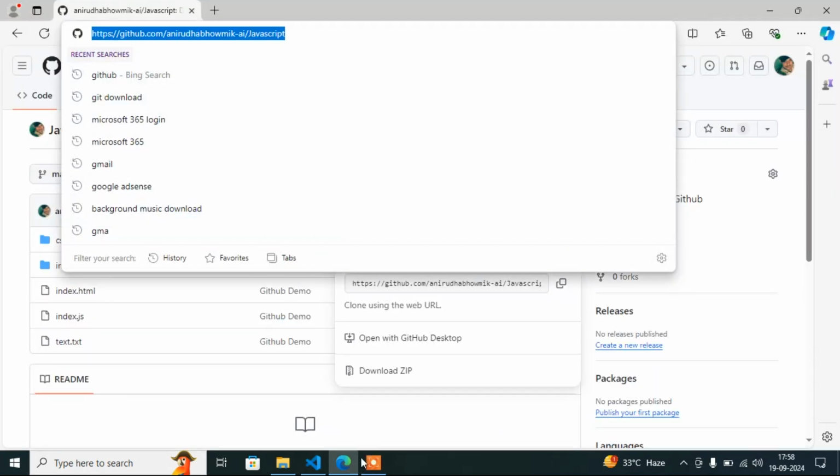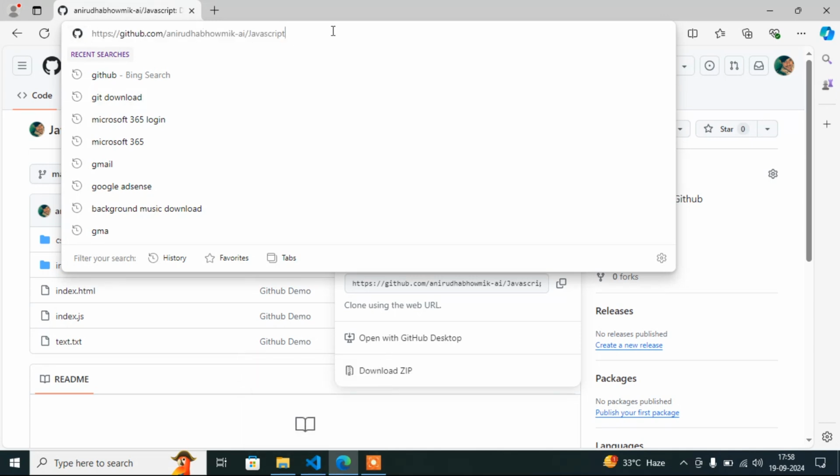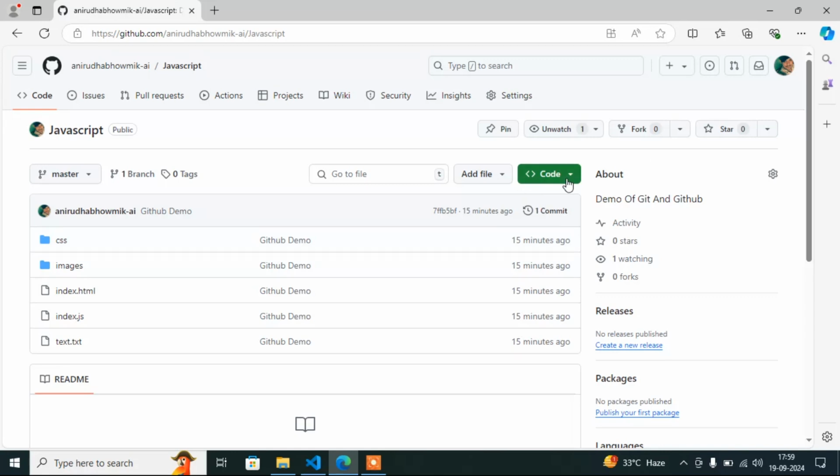Anyone can access this URL, because at repository creation time I mentioned it is a public repository, right? So anyone can access. If I had mentioned it is private, then whoever wants to clone the project would give me their username and I would give access to that particular username. But in this case it is public. If anyone takes this URL and opens it, they will get this project and they can clone it, and they can run this